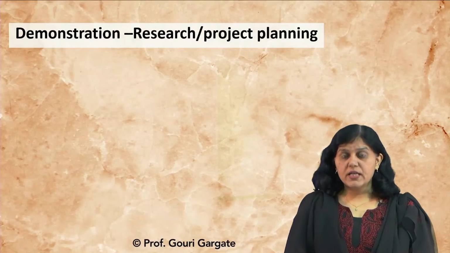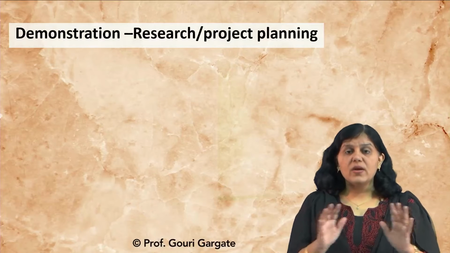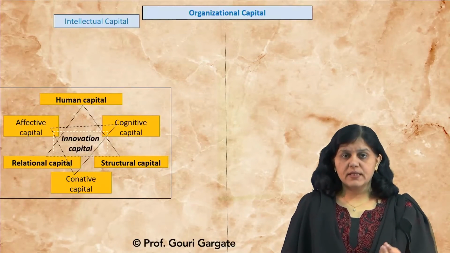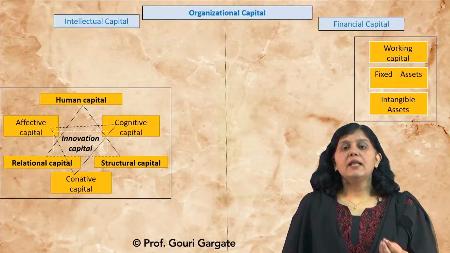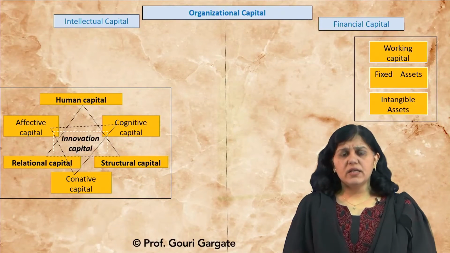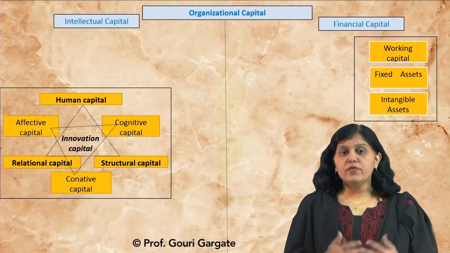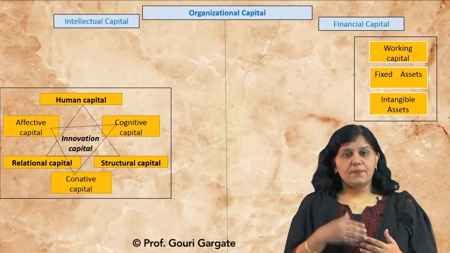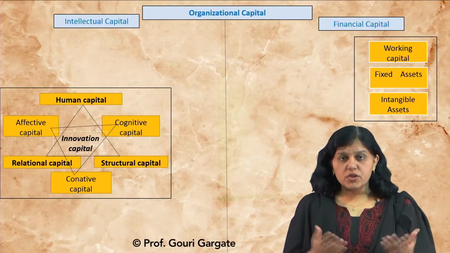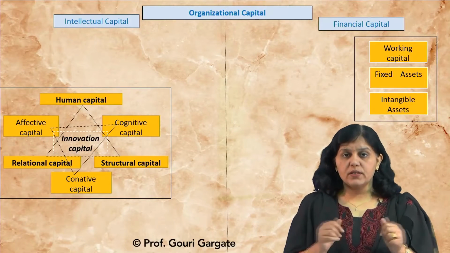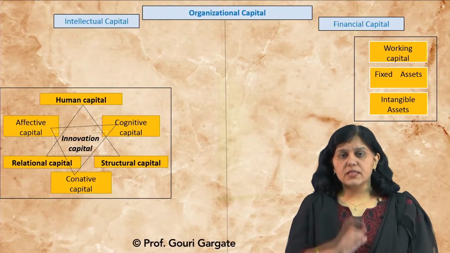If we see the organization, how exactly it works out. Okay, so here you can see that when we are talking about any organizational capital, there can be two forms, that is intellectual capital and financial capital, right. Any organization you take, right. Instead of organization, you can just consider yourself here as an individual also. You can apply it to an individual, to your lab, to your institute, to your organization. Wherever you are doing research, you can apply this model, or this complete research planning, right.